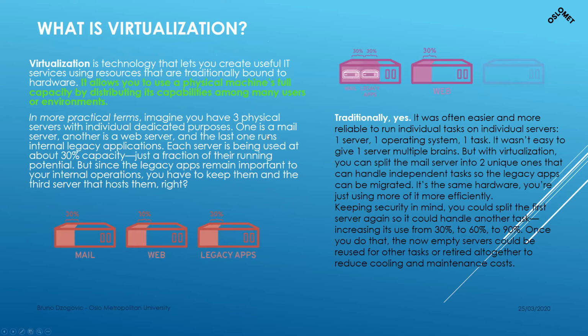So in terms of virtualizing applications and hardware, let's start with hardware first. In the past, you could just instantiate your mail servers, web servers, and legacy applications on different physical hardware, but now you can reuse the same hardware and you can split it in different portions, and then you can instantiate these applications on each virtualized portion. But this has also, of course, pros and cons.